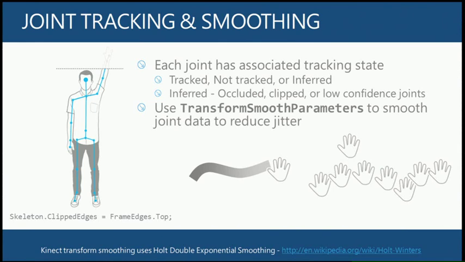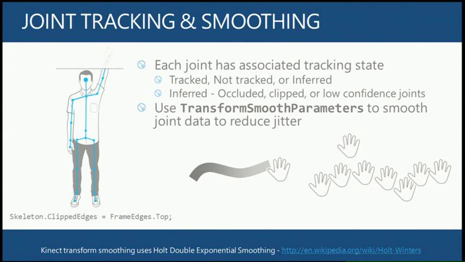Now, there can be times, because we are doing this very quickly, where the position of stuff doesn't translate correctly. So, for example, if I'm moving my hand very quickly, we might get data in 30 frames per second, where frame number 19 is a little off. And it really shouldn't be. And again, it's just the way the processing works. What we can do to control that is use transform smooth parameters, and that'll reduce the jitter, by using a